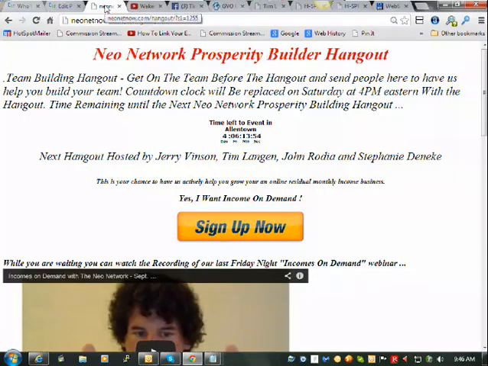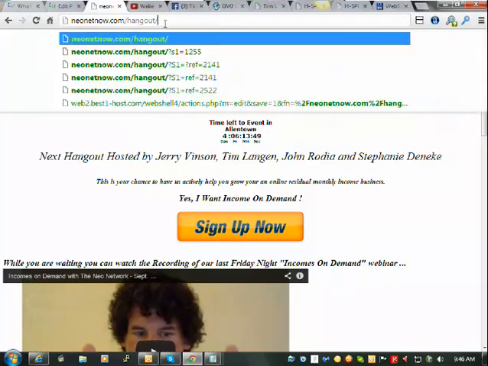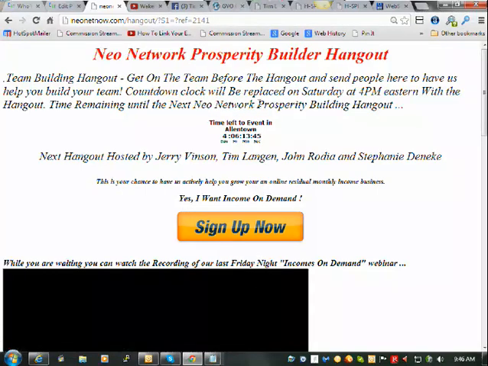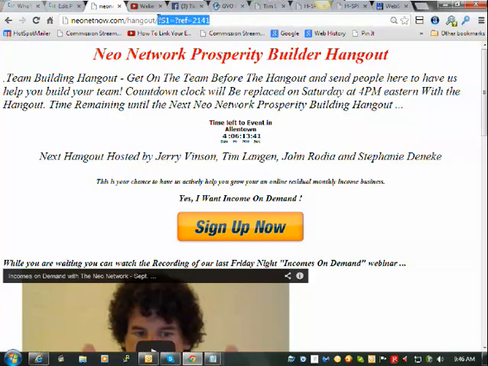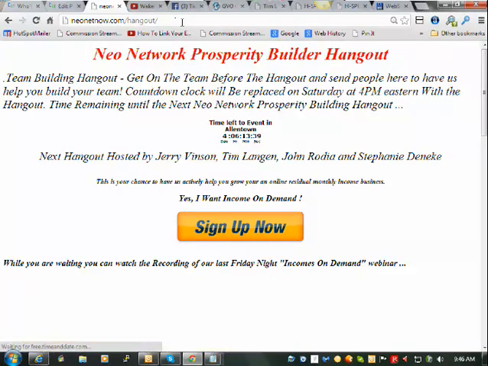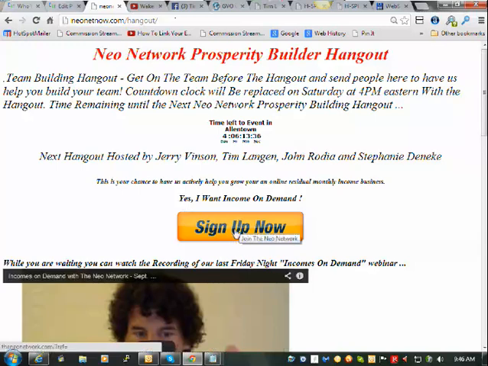Now when I go to the page, I can view it without the code attached. It'll look exactly the same as with the code attached. But if I highlight this down here, if I don't put the code on the end, it'll just say the neonetwork.com /ref equals nothing. Has nothing after it. Okay, this is where the magic comes in. With this code in the page,